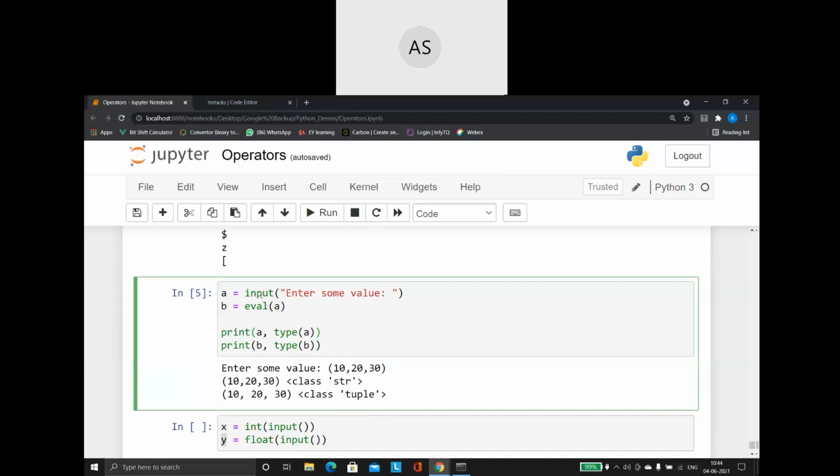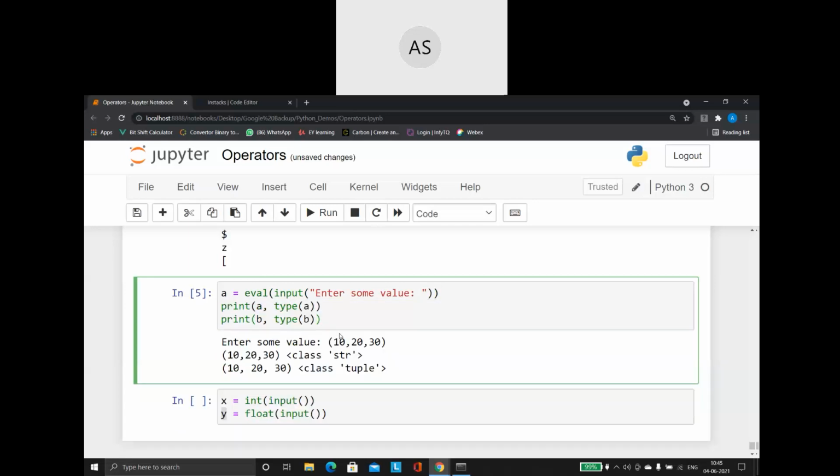So instead of writing it in a two-step process, see, Python is all about writing smaller programs, short codes. So that is why, instead of doing like this, I am putting the eval function here itself. Instead of making it a two-step process, I am going to put the eval function inside that itself. So what is the advantage now? See, I don't require this B. Input function will read the value, eval function will convert that value and then it is going to get stored in the A variable. So this is the example I was telling you about.